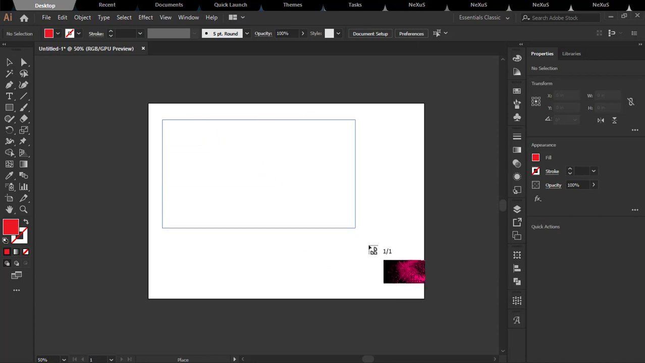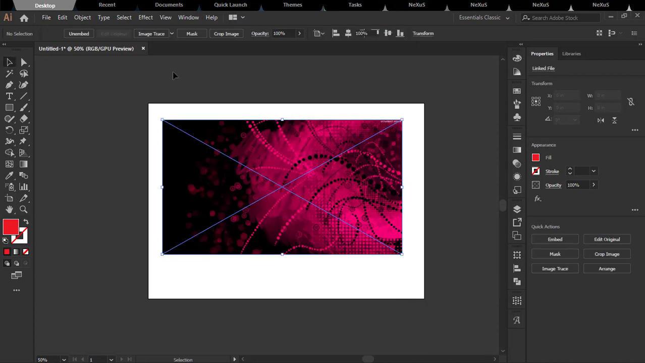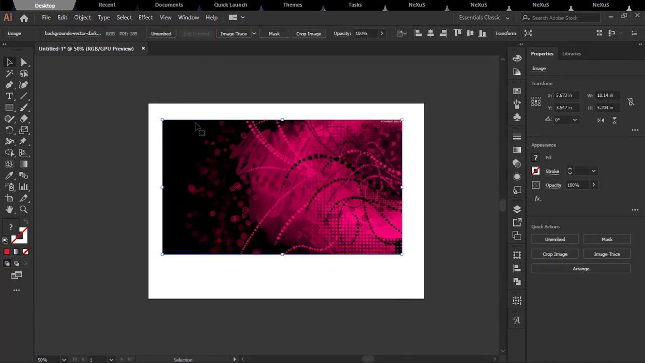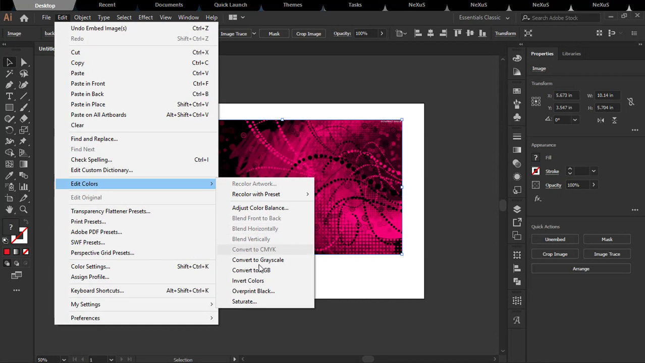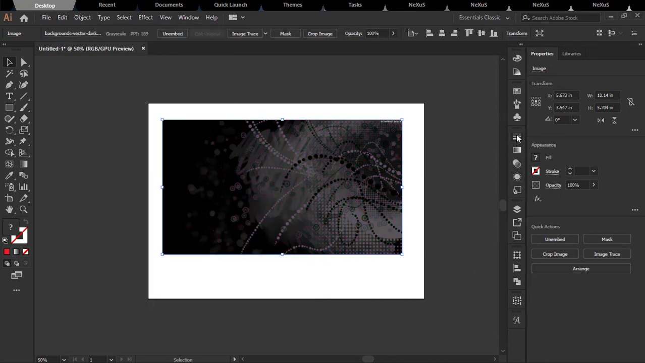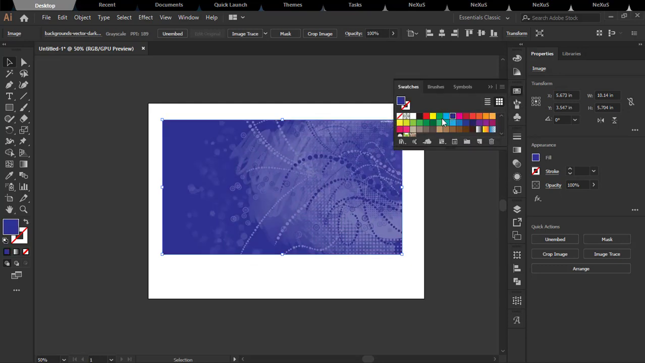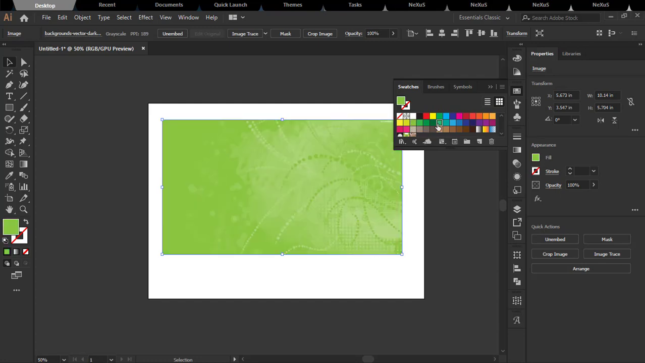Now, embed and go to Edit menu, Edit colors, and come back to grayscale. Now open your color swatch and change to any color just like so. Or if you don't want it this way,